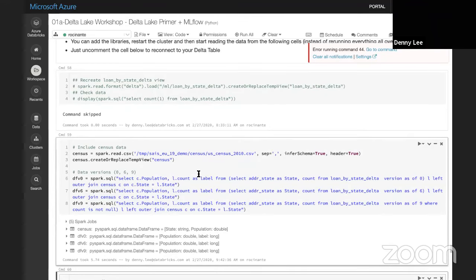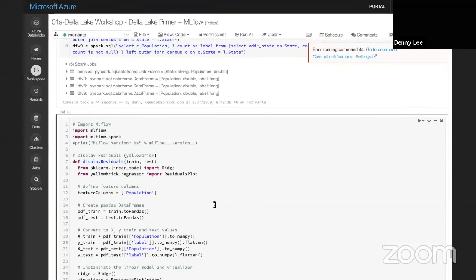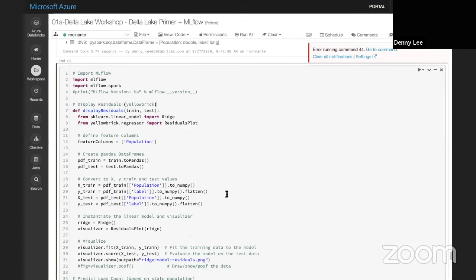But now what I'm doing is I'm doing it for the data version 0, 6, and 9. 0 is the original version, the real version of the data. 6 is the version of data that got modified, where I went ahead and nullified Iowa and increased Washington to 2700, and then the 9th version was basically one where I really messed it up, where I also nullified Oregon, added 10 to Iowa, and also messed around with California for the fun of it.